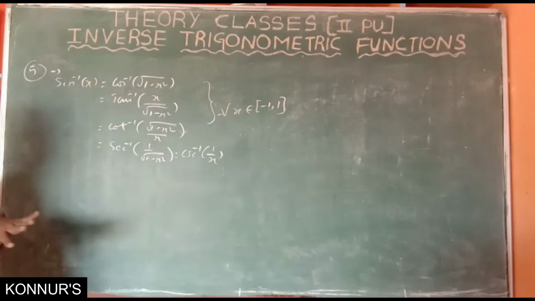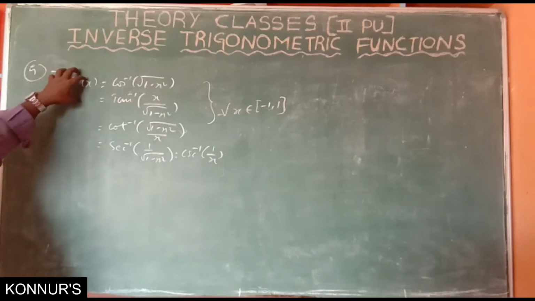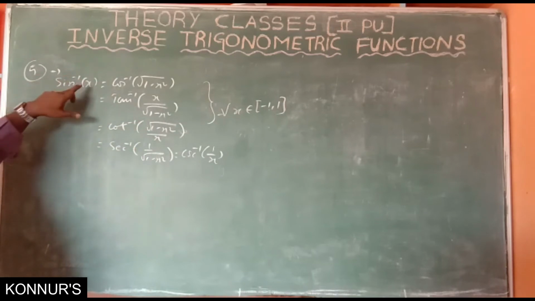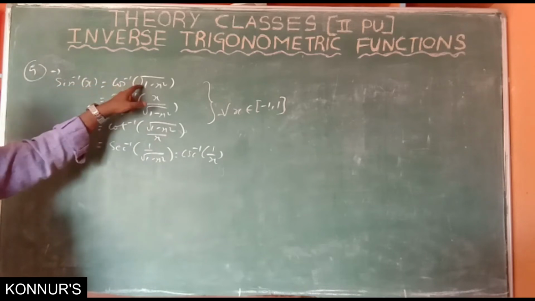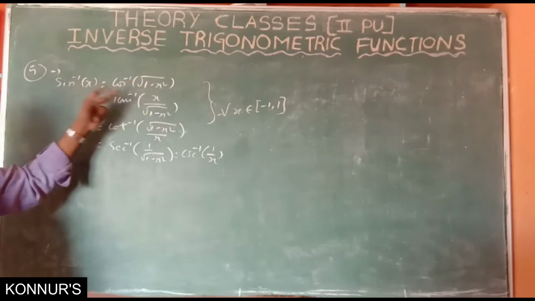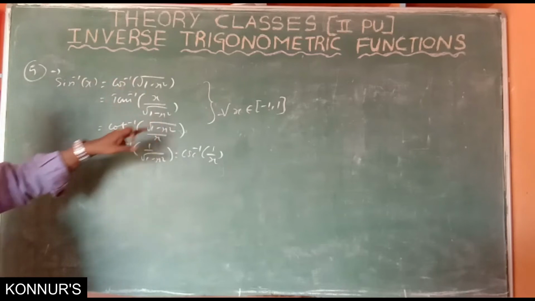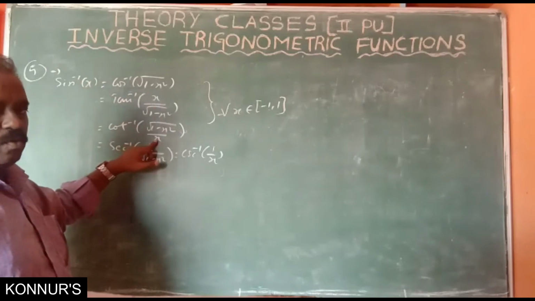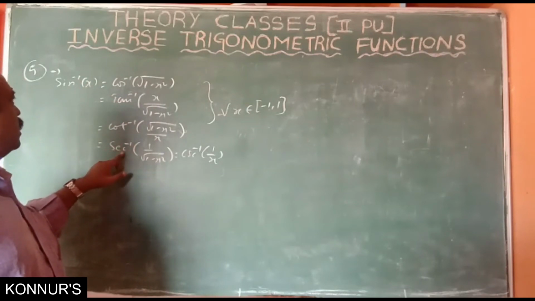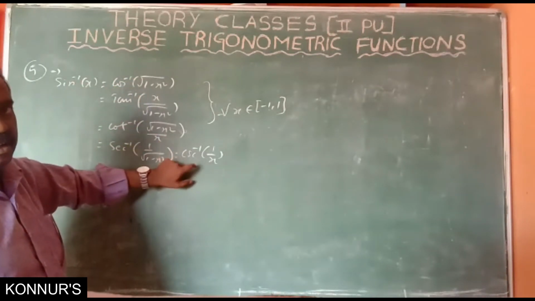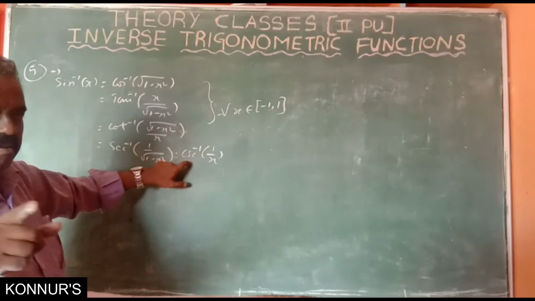Usually any ratio can be expressed in the other 5 ratios. If sin is equal to x, then cos is equal to root 1 minus x square, we know it. Tan is sin by cos: sin is x, cos is root 1 minus x square. And cot is cos by sin, root 1 minus x square by x. Secant is 1 by cos, it's reciprocal. Cosecant is 1 by sin. It is already given and solved in the example also.